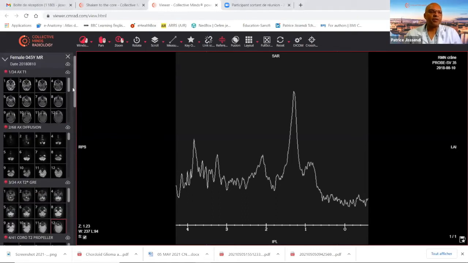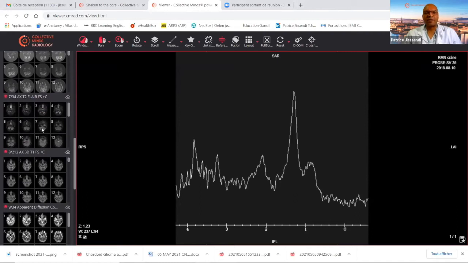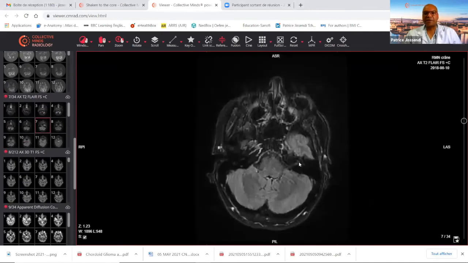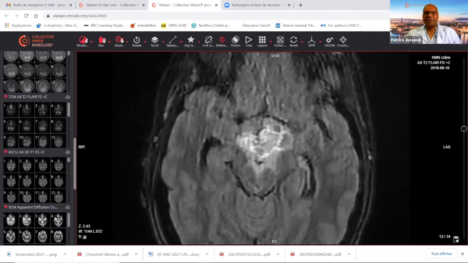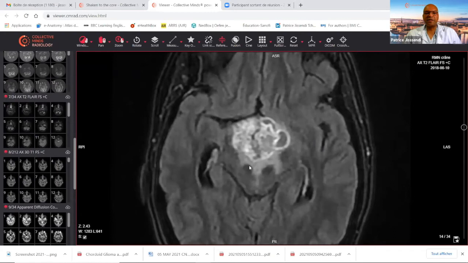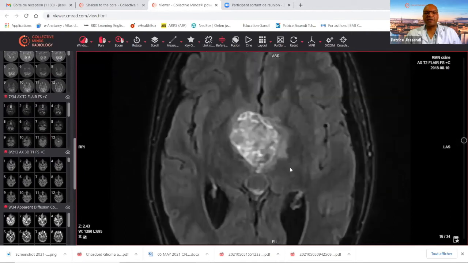Maybe I didn't show you the FLAIR images. Okay, we can take a look at the FLAIR images and see something more. Can you see the edema surrounding the lesion, the cerebral peduncles, and the hypothalamic area? It extends to the parenchyma around the subependymal layers of the third ventricle.